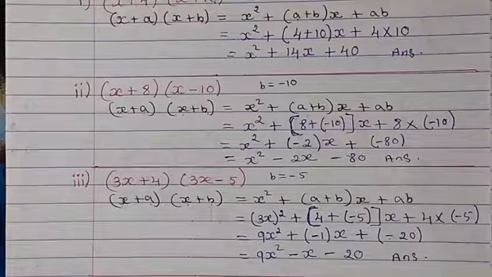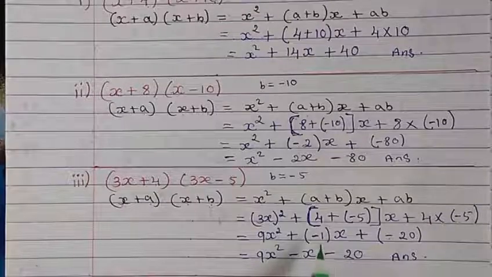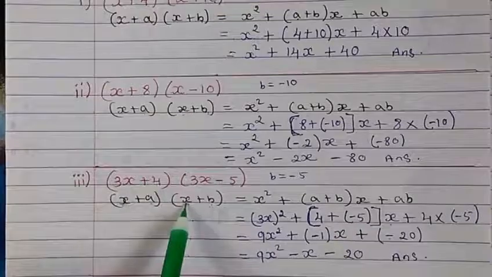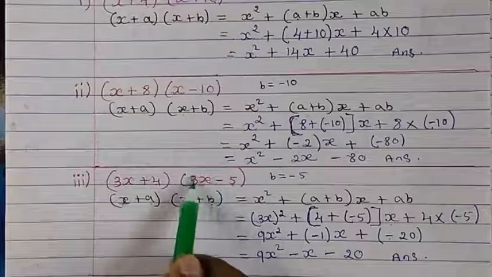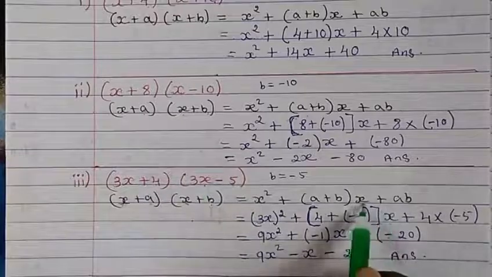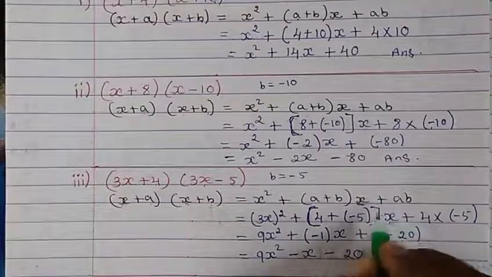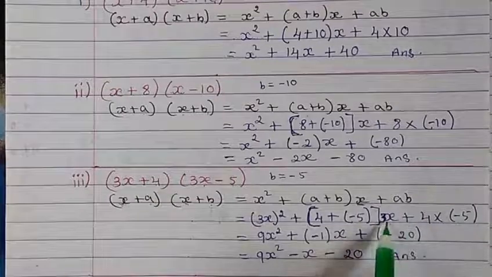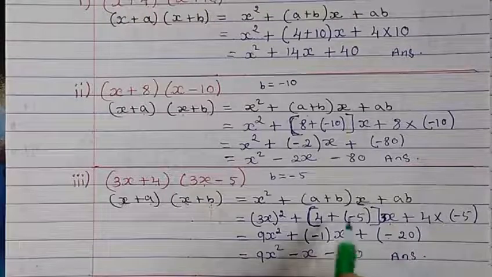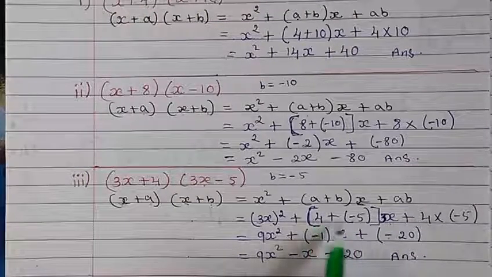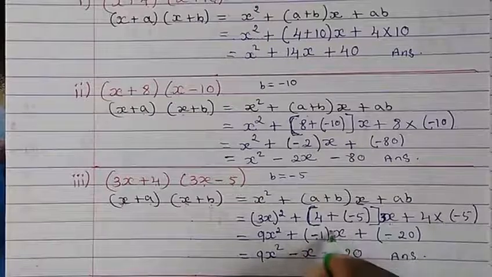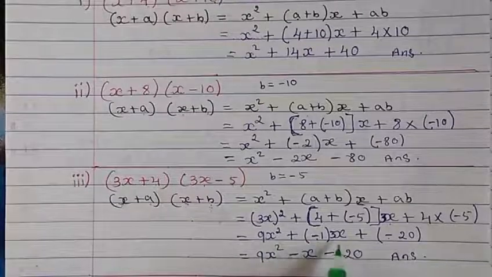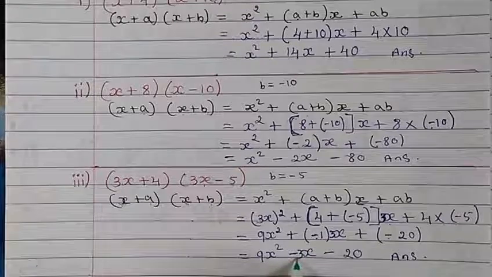Please note one correction. Here in the place of x we have 3x. So in the place of x, we have to add here 3x, okay? Because x we have 3x, right? So here you have to add 3x, and so here also it will be 3x, minus 5, here plus 4, so we get minus 1 and this 3x. And same way, so 9x square plus into minus 3x we will get. That's it.